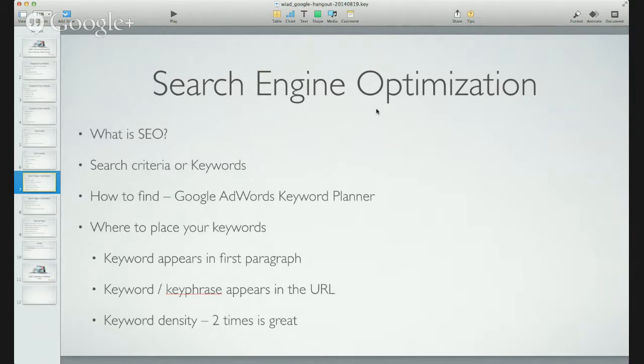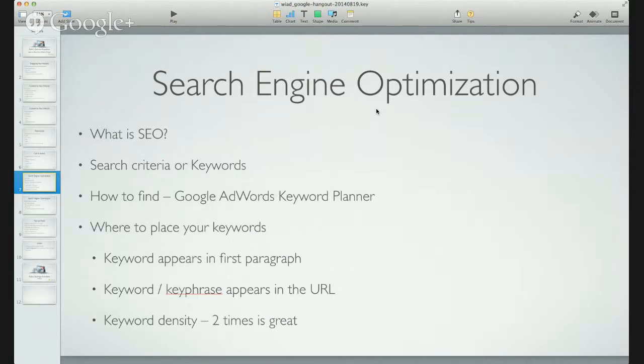So when you name this page, just make sure that your page name or the URL, because you can change your URL separate from your page name, but just make sure that this keyword or the key phrase does appear in your URL. And always try to ensure that your URL is human readable, so that when someone looks at your page name, they can understand what it's all about. And that is also what Google is trying to do with that.